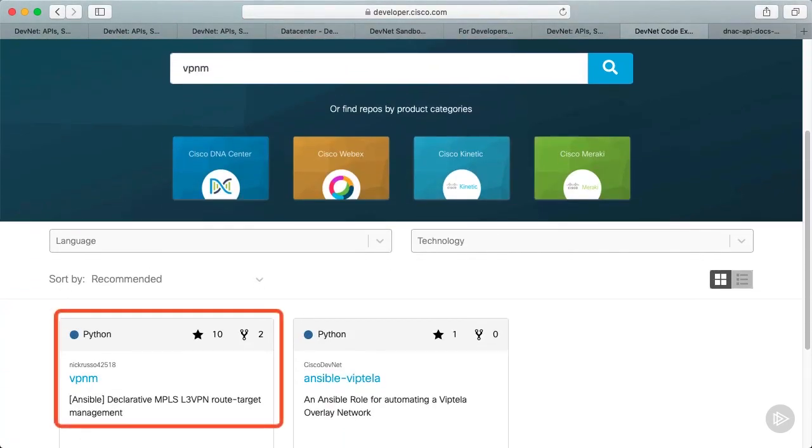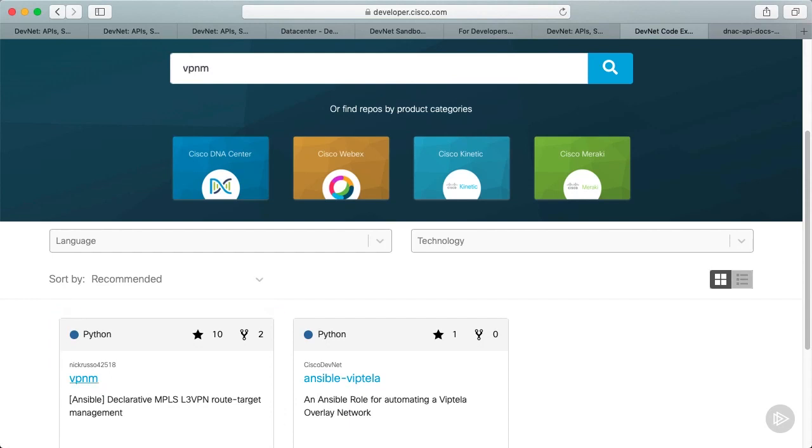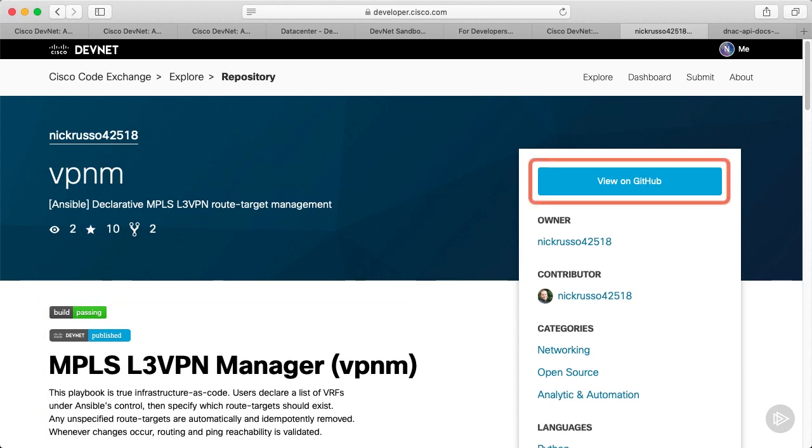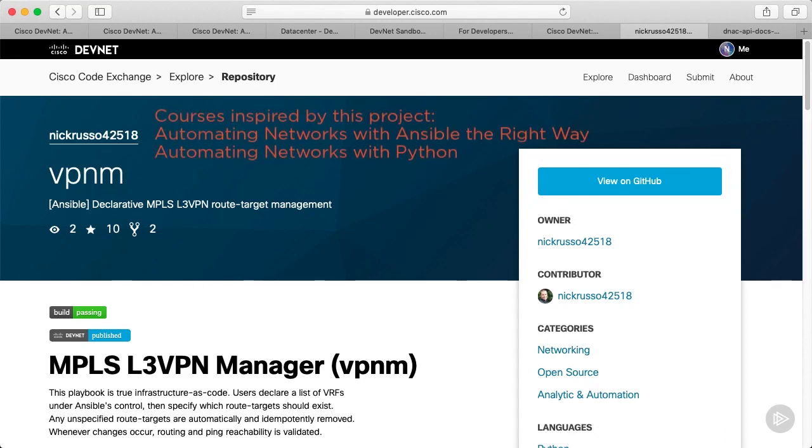This tool is designed for service providers to automate their networks by managing customer multi-tenancy memberships. Let's look at the project details. Remember that README we did earlier in the course when learning about GitHub? That's what you're reading right now. In fact, this repository is hosted on GitHub, and using an API, Cisco DevNet just reprints the information here. My Ansible and Python network automation courses here at Pluralsight deep dive into variants of this specific tool. This project served as the inspiration for both courses, so feel free to check those out.